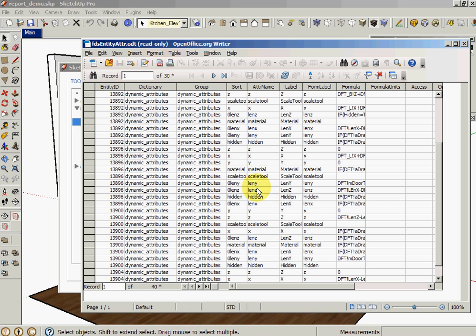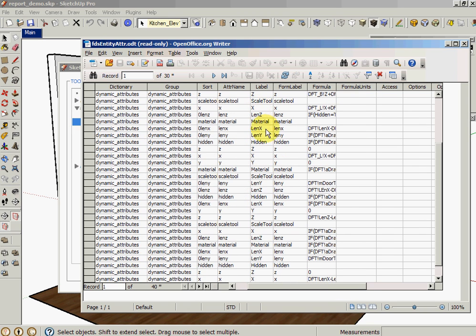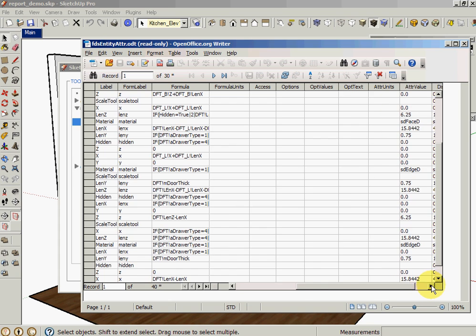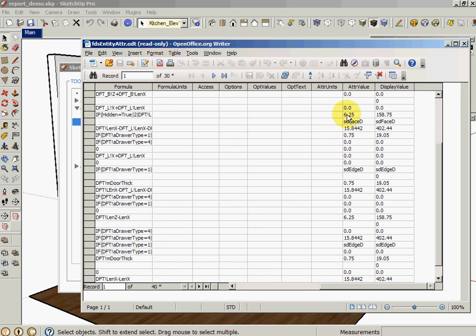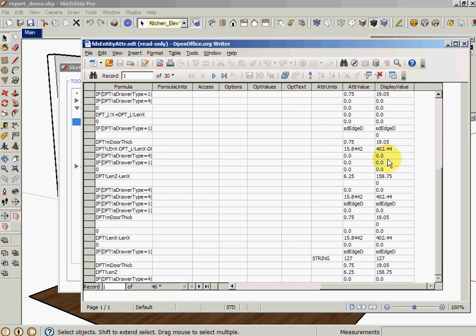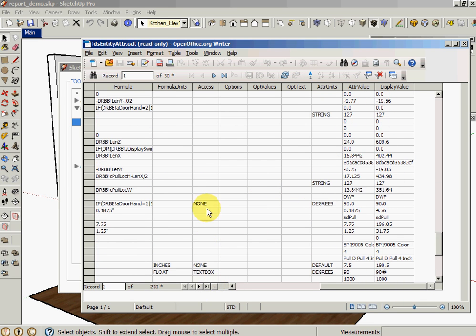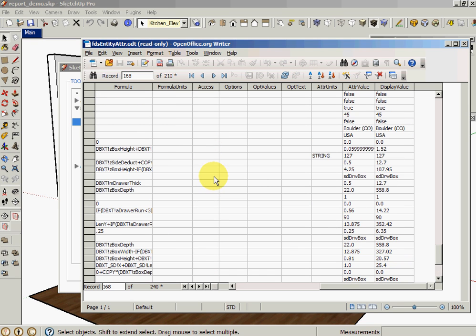naming of the attribute. But you can see some of the stuff that's built into SketchUp, like the label, the form label, formulas, and then attribute value, which inside SketchUp is stored in inches, but we're displaying it in metric, so we have millimeters here. We may find some list access, which we would see